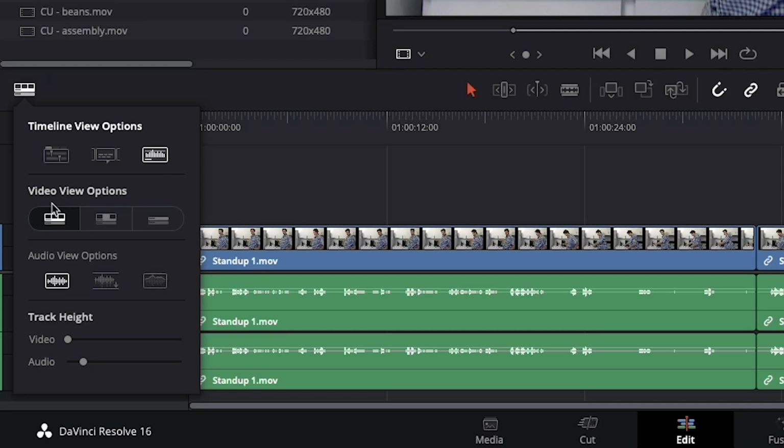Let's look at this second row, video view options. Right now, the first option is selected, which means my icons, my video clips look like film strips. They're just a series of thumbnail images. I don't like that. I find it busy and distracting and hard to look at. This is the default view, but if I change to this second view,